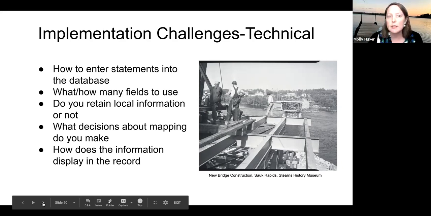How many fields do you use? What fields are you going to use? Many organizations settle on two to four. Kind of the basics, you need at least the statement. A lot of them would also like the description, because it makes a lot more difference. It's a lot better if you can describe what it is. Then, do you allow a local rights field? What if you don't allow a local rights field? What happens to the information that was there before?